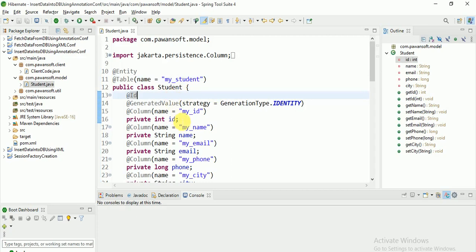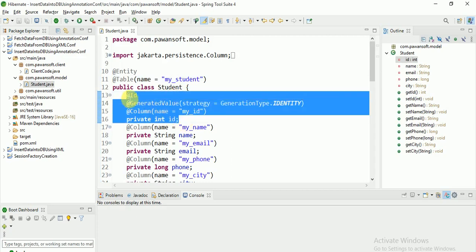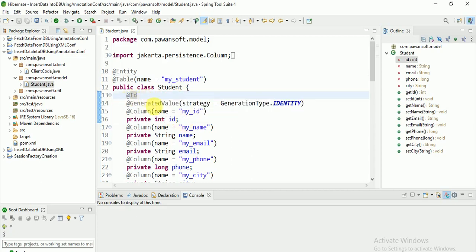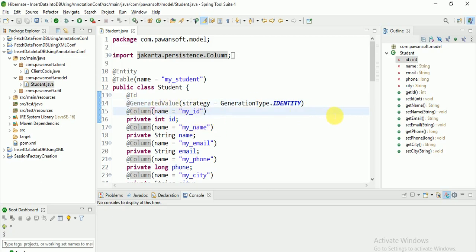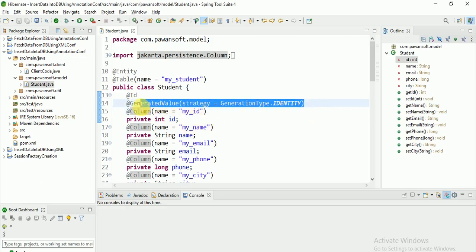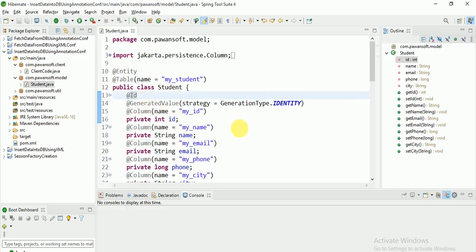And let's see the primary key property. You have to use @Id, and for column, @Column name, right? And this is @GeneratedValue, strategy equal to GenerationType.IDENTITY. So if you specify this one, Hibernate will generate the primary key value automatically, right?